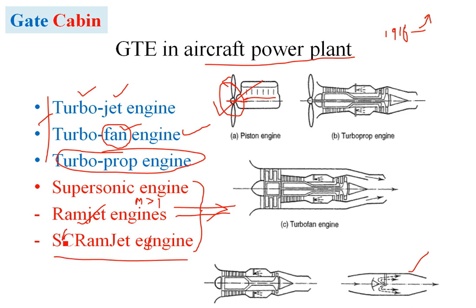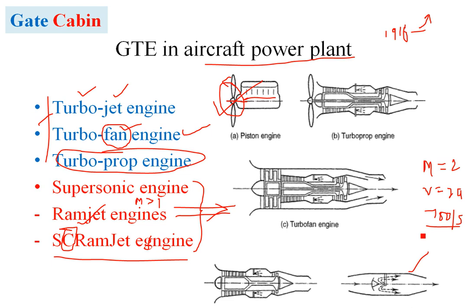That means here the combustion process is actually taking place at a very high speed. Supersonic combustion means basically the combustion process is happening at a speed faster than the speed of sound. Let's say if Mach number is equal to 2, that means the aeroplane is flying at 2 times the speed of sound, which is close to 700. So when we talk about 700 meters per second, the combustion process has to be that fast.